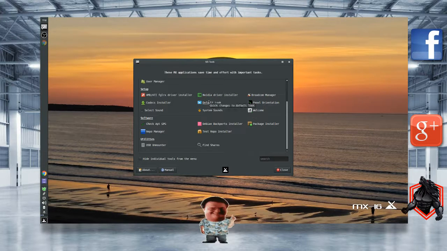I can't really test it. So if anybody wants to test the NVIDIA driver that you get in the installer against the latest NVIDIA driver,